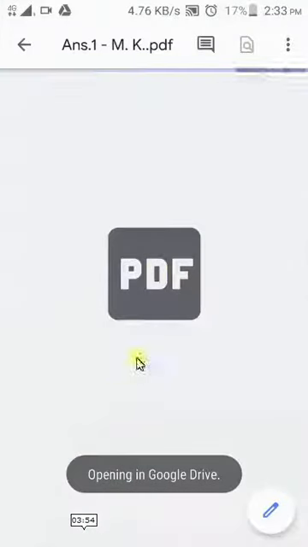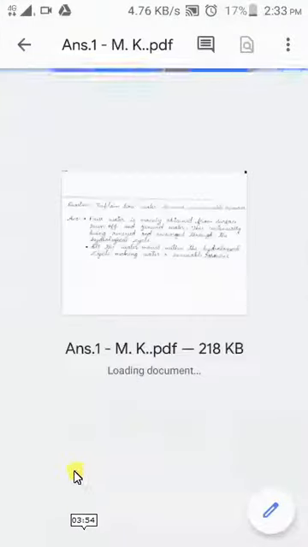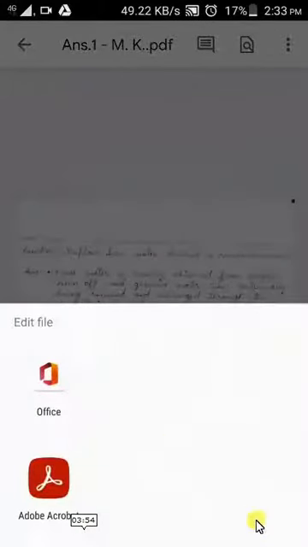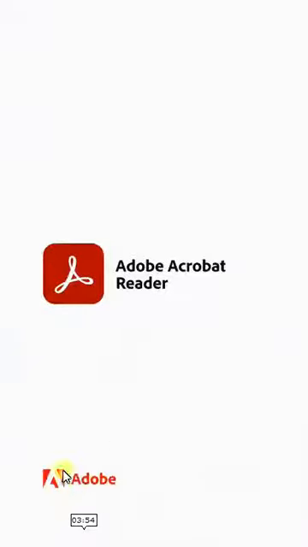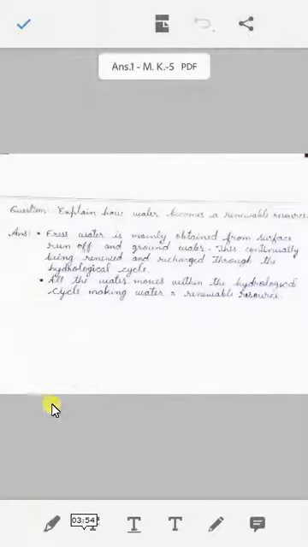Now the PDF is opening by clicking that PDF file. By clicking that pen option, Adobe will open. We have to use Adobe Acrobat Reader, click the comment option, and now the pen option.